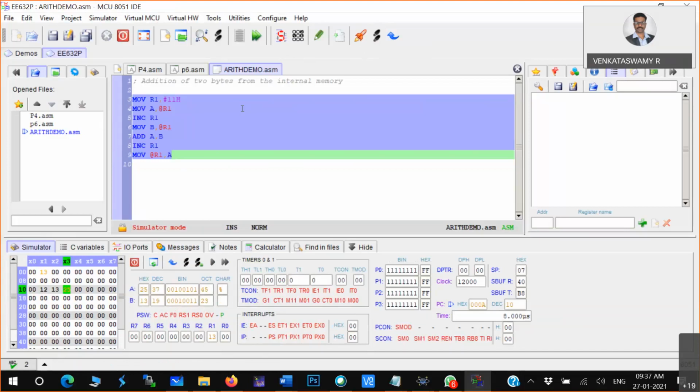I can do move A is equal to 10, B is equal to 20 and add A, B. That is also an addition program. But internally how this assembly program works, you have to be very sure. Through this, you should understand pointers in any programming language, and how exactly a pointer works. Any questions? If you have any questions, please do ask.